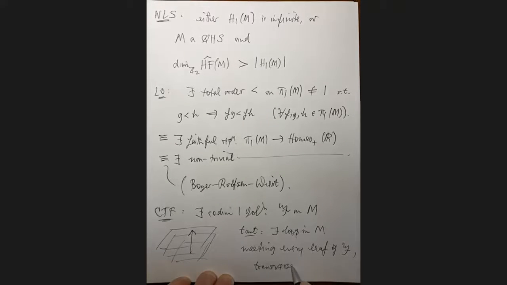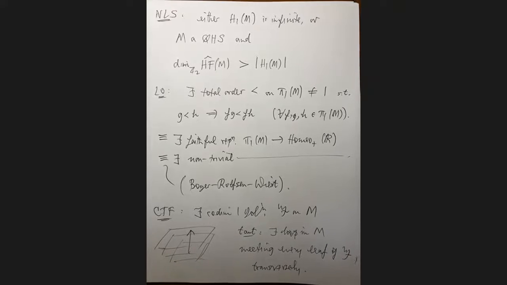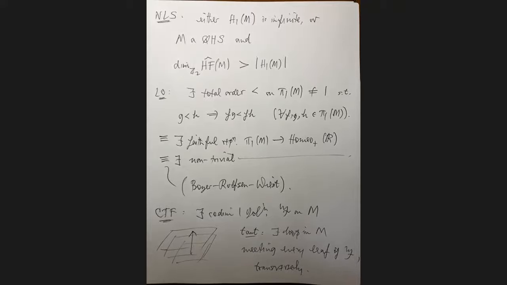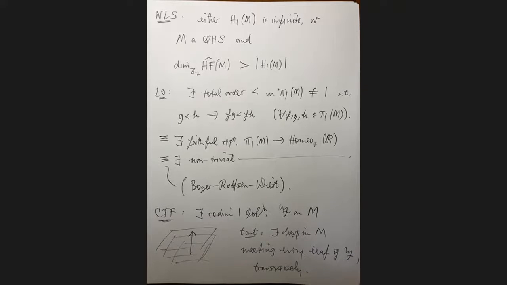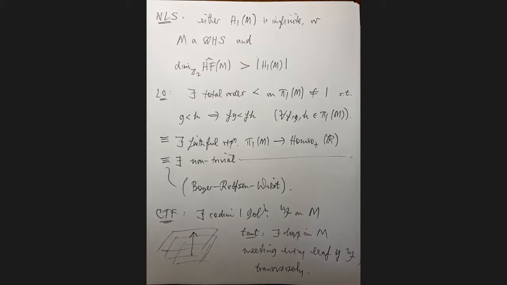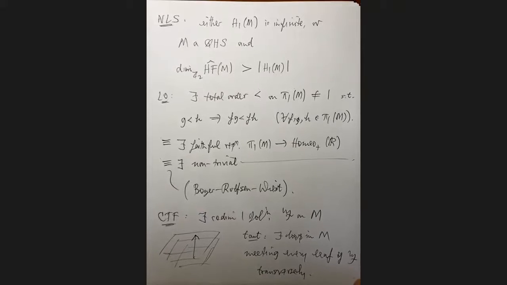If you don't have that, then every three-manifold has a foliation, so it's not so interesting. Okay, so those are the three properties in the L space conjecture. I'm going to be talking about those three properties in the context of toroidal three-manifolds. So let me just make some remarks about these three definitions.